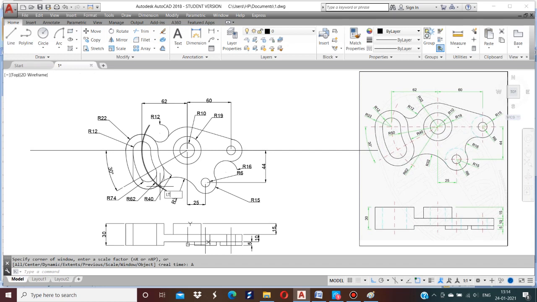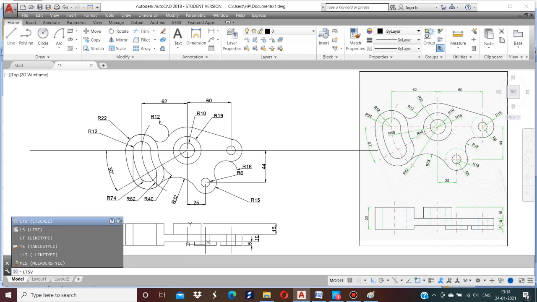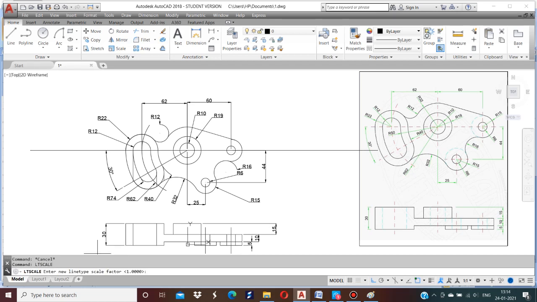Now go for LT scale factor. Because the hidden lines are not visible, go for LT scale factor, type 10 times. Now even if it is not satisfied, type 20 so that hidden lines are visible.